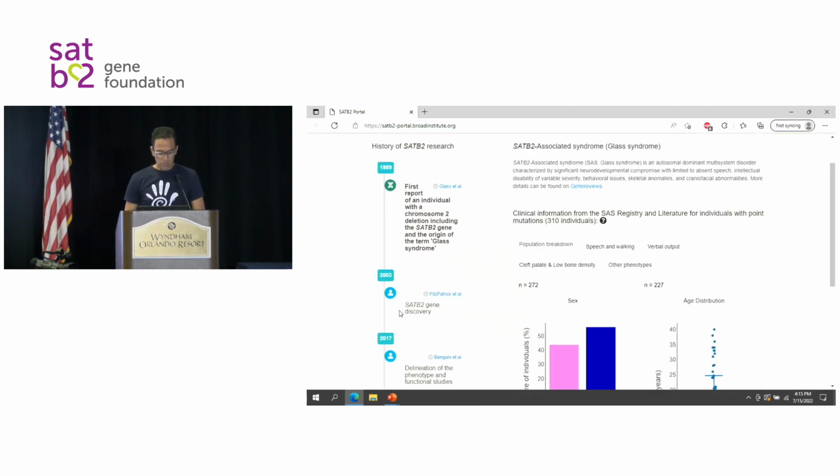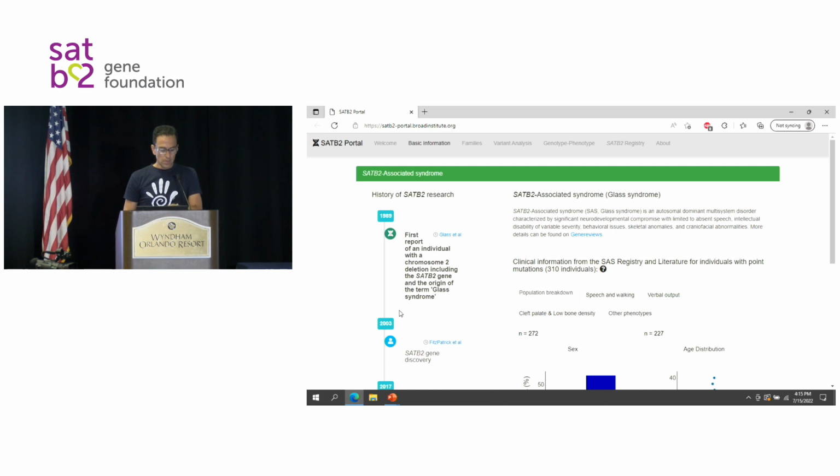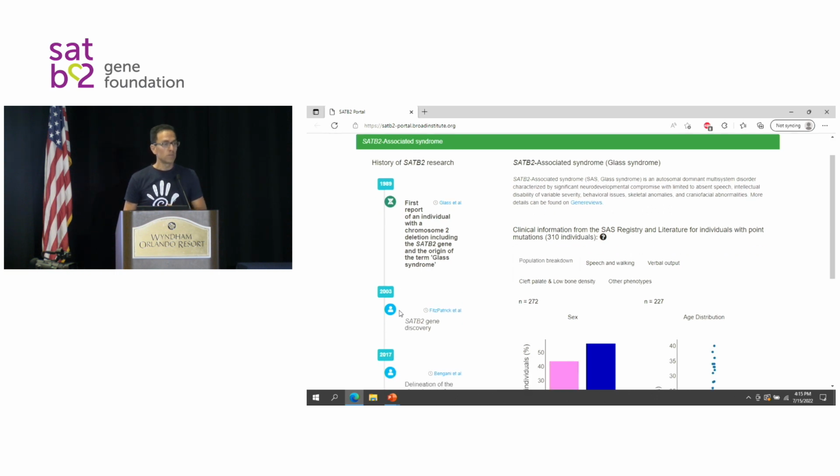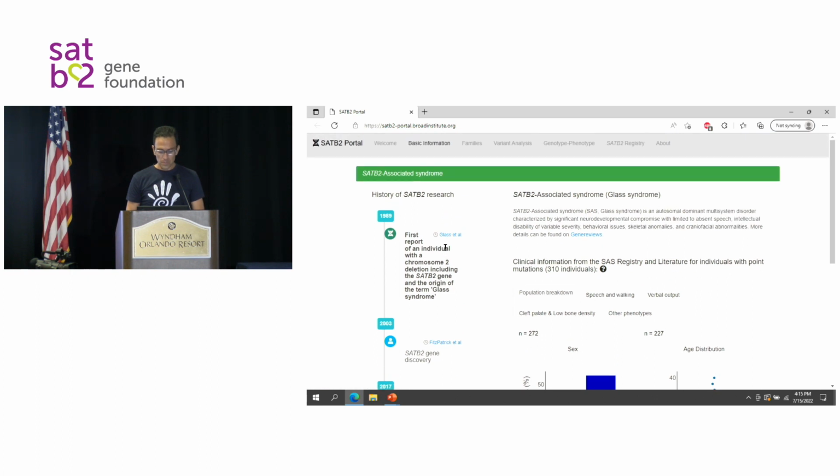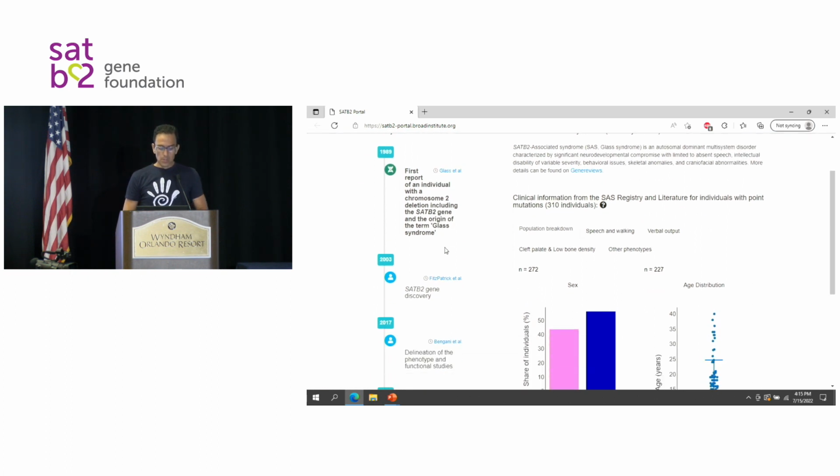Under basic information, you have on the left side the history of the gene and how we came about it. Each hyperlink here will take you directly to the paper that is referred to. And here in the middle, this information is now compiling not just the registry, but I keep tabs on cases that are reported in the literature, and I try to use the same template for how I summarize that information so you can see where it is coming from.